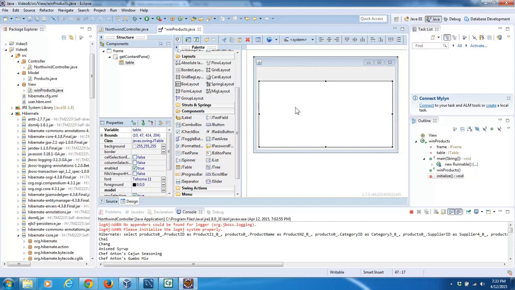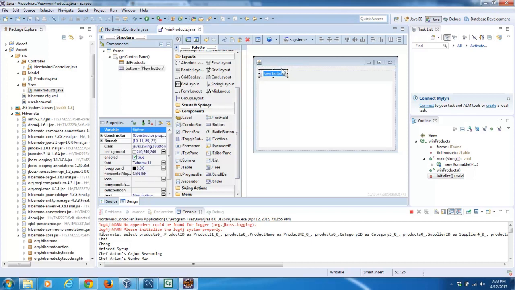So that's your J table. So maybe put TBL products here, right? And then what you need, maybe button here, maybe just put here, and then put